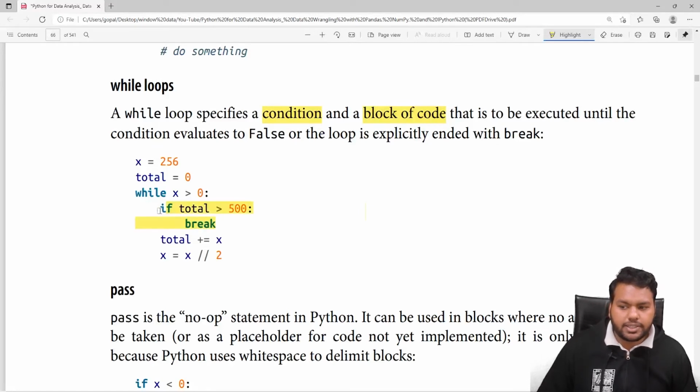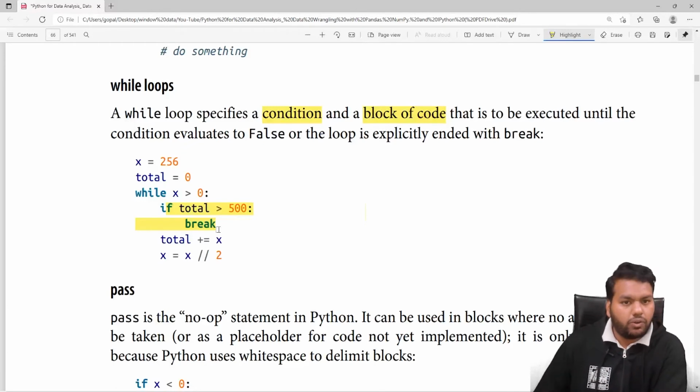This is important to remember: a while loop is executed until the condition evaluates to false, or the loop is explicitly ended with a break. So here we use the break: if total is greater than 500 it should break and end this while loop, otherwise it runs infinitely, as you already saw in my previous example. Otherwise, we increment the total with x, and then we apply the divide operation on x,